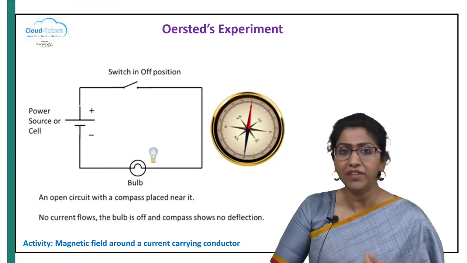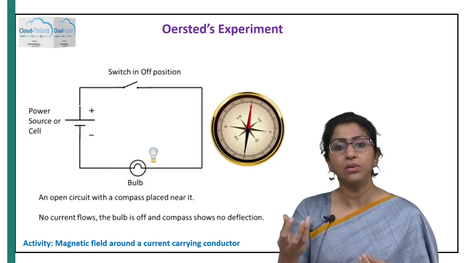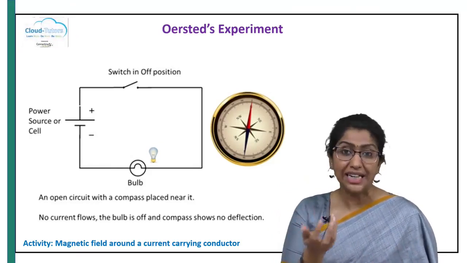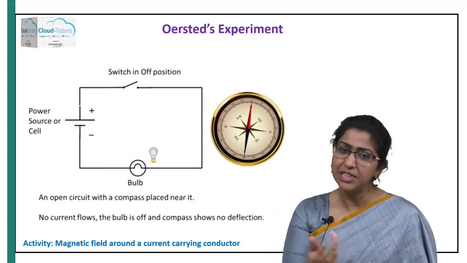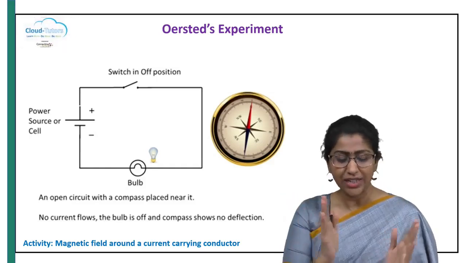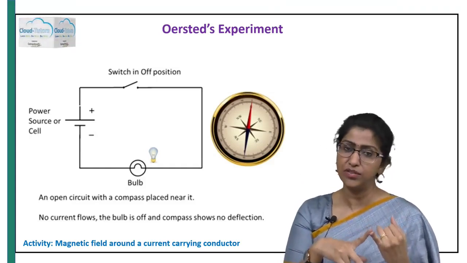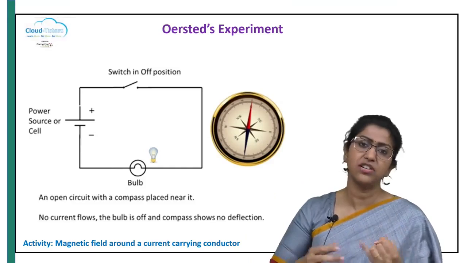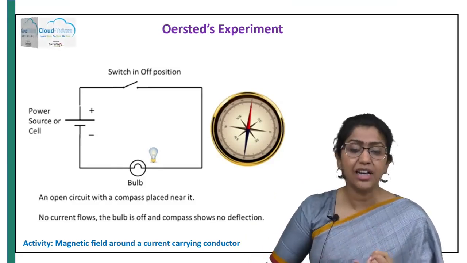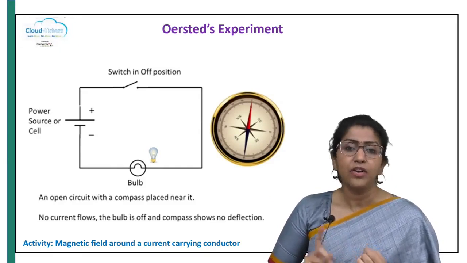If you have a copper wire, two cells, and also a compass needle, I'm sure it's a very fascinating object to keep with. If you have these three things, you can conduct this experiment. All you need is a cell to create a potential difference, and hence a current flows through the copper wire and the magnetic compass needle.